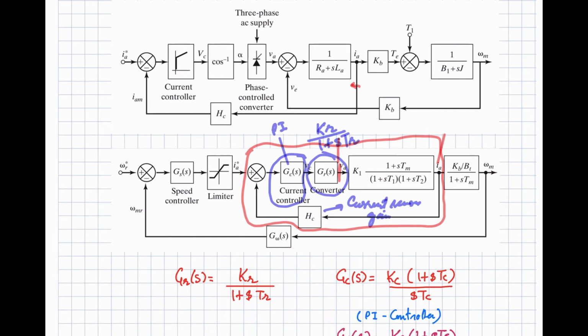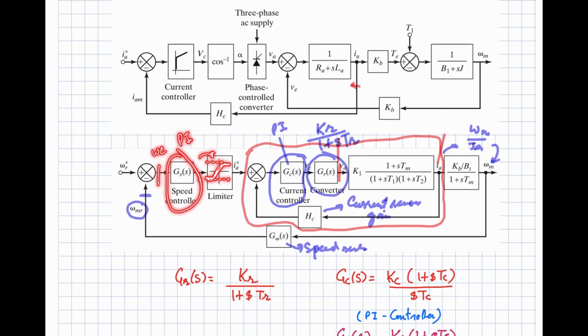So once the current is decided, then we have the transfer function Vm by Ia. From here we are going to get Vm, and this is representing the speed sensor and speed information. Basically it is in terms of voltage, right? Some voltage representing the actual speed and some voltage representing the reference speed. The speed error is evaluated, then the speed controller, the PI controller, and the limiter, which is limiting the current within the range. It should not be above the rated values. So the current will be bounded in between.